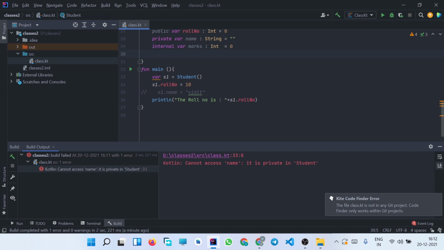So our fourth and last access modifier is protected. Before using this protected access modifier, we first need to study inheritance, since the definition of the protected access modifier is that it is visible inside the same class, and also visible inside the subclasses of that particular class. So first we need to study inheritance to declare a subclass of the student class. So let us talk about inheritance first.